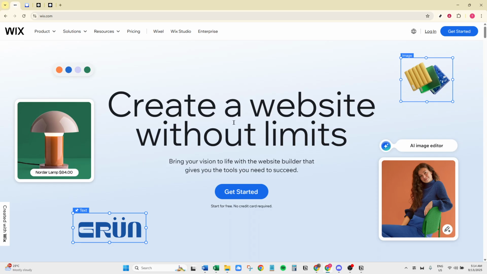To begin, you'll first want to navigate to Wix's website using your preferred web browser. It's always a good idea to bookmark the page, so you can easily return to it in the future. Once you're there, the next step is to either create a new account or simply log in if you already have one. Wix makes this part seamless, allowing you to use your email or a social media account to sign up with just a few clicks.